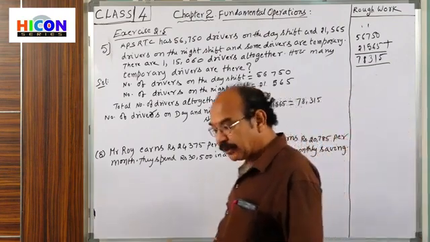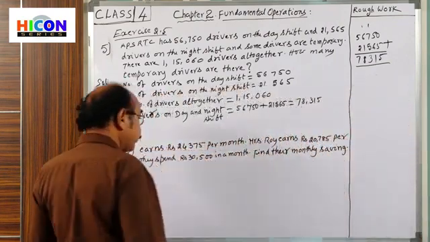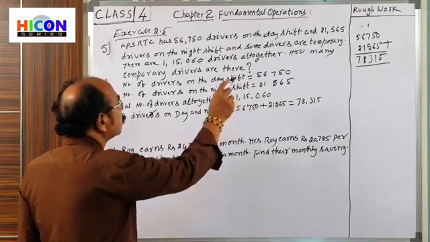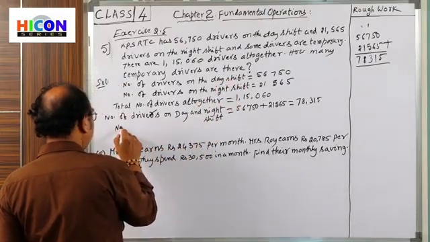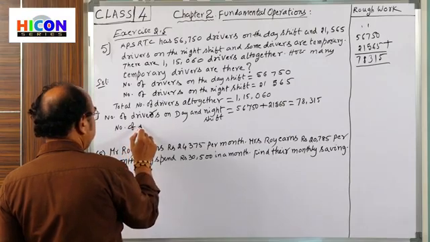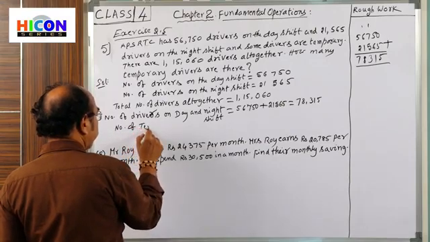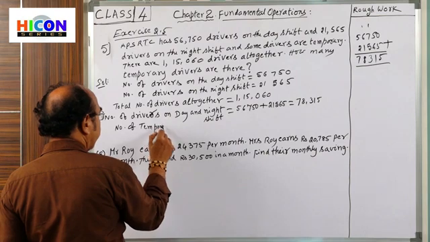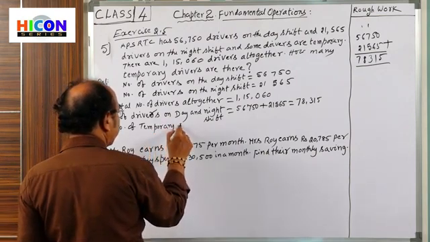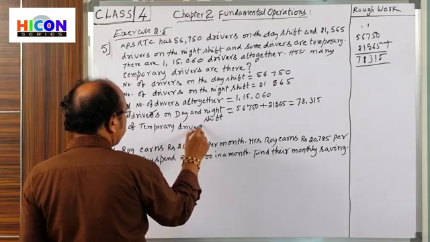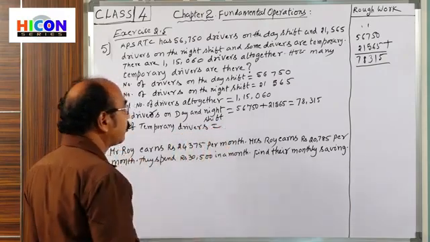So you write here working: number of temporary drivers is equal to